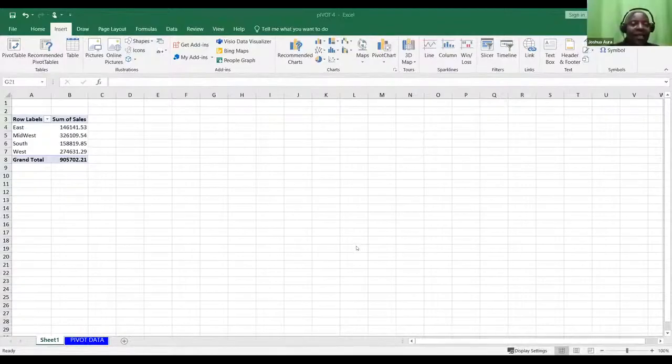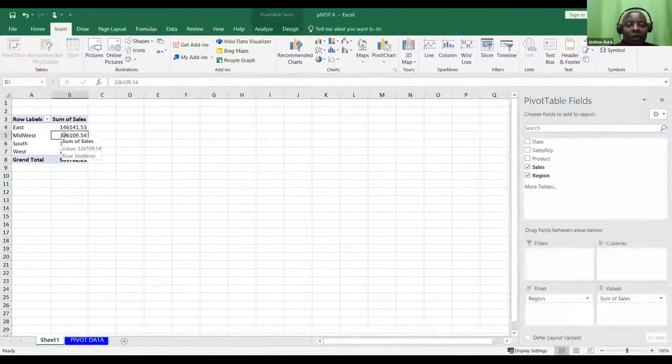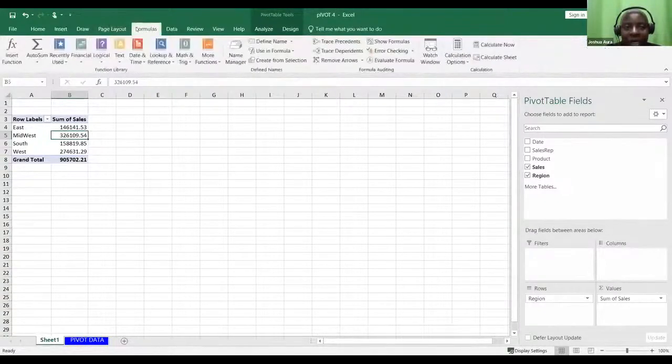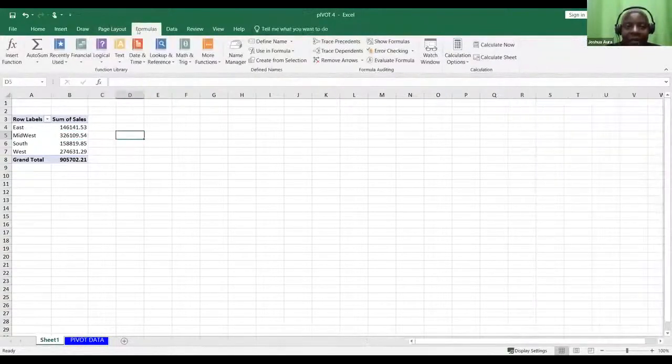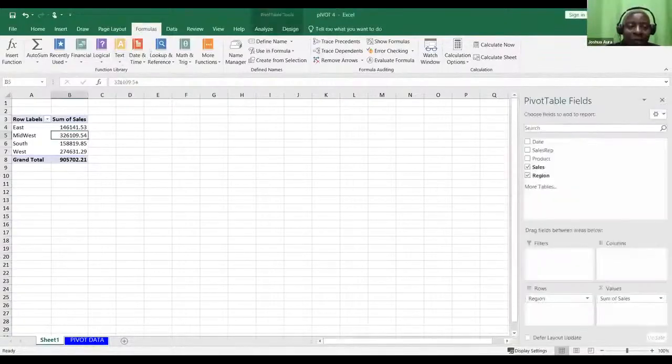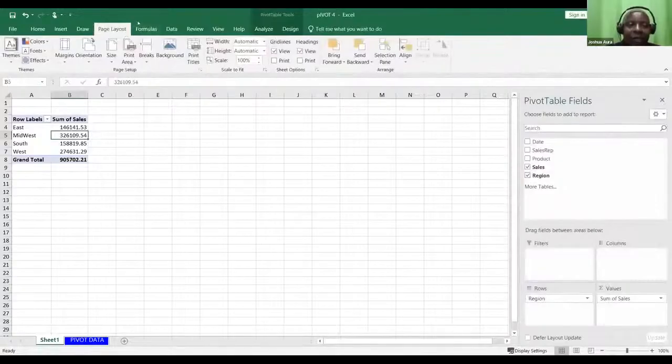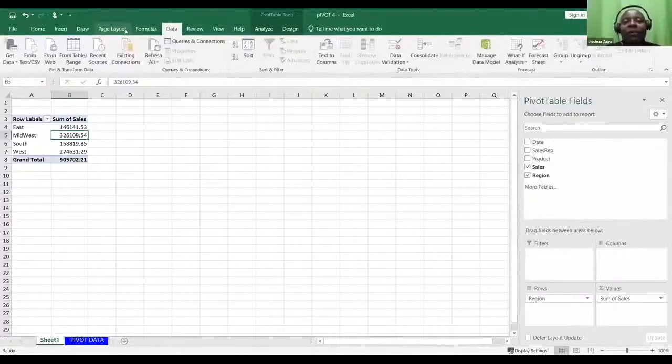So click inside any of the values. Thank you very much. Are you able to see the design? Go back to cell B5. And then now, are you able to see the formula? Formula, go to data. You don't click on them, just move.